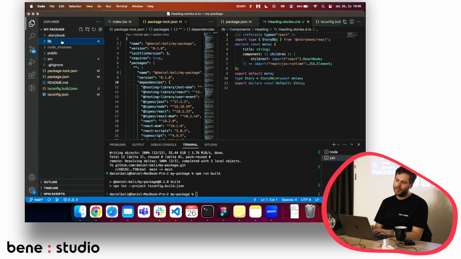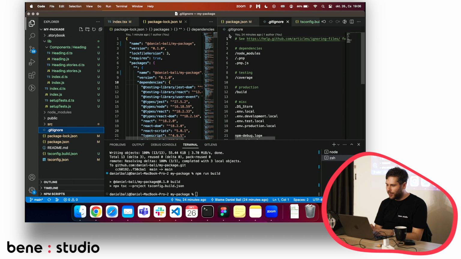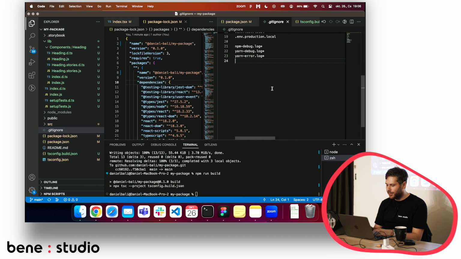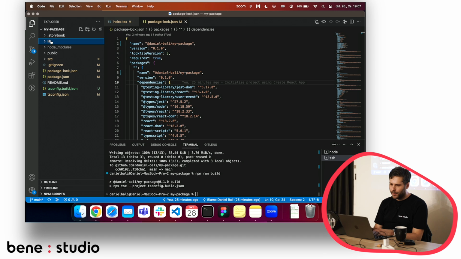One is that this lib folder should not be part of the repository. So how to do that? Please go to the gitignore file and add an empty line at the end and enter lib, and it will gray it out simply as it is. And let's